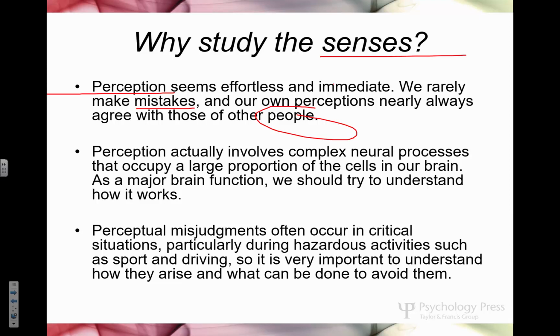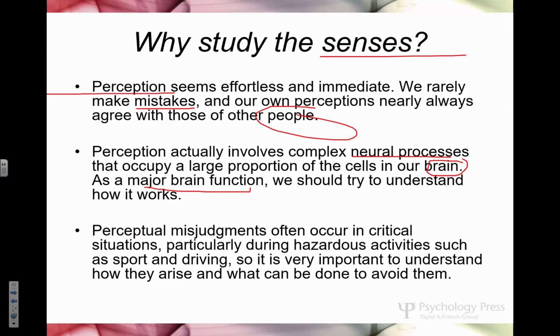What's really interesting about this is as quick and effortless as that is, it's in fact a very complex neural process, and it uses a major chunk of our brain, right? There is a massive chunk of your brain that is devoted to sensory systems, okay? Whether that's vision, audition, balance, vestibular system, touch, smell, taste, whatever it is, a chunk of your brain is devoted to that. And so if we want to learn something about brain function, we should really spend some time talking about sensory systems, right?